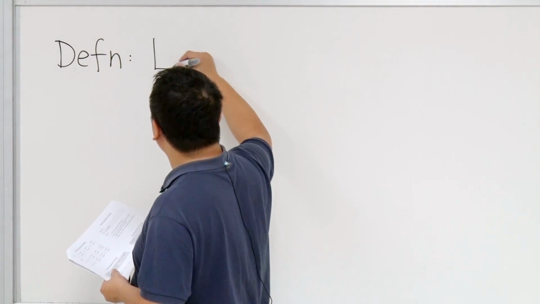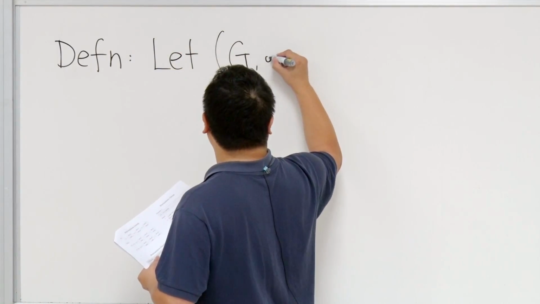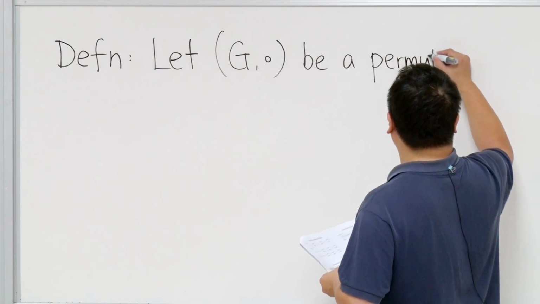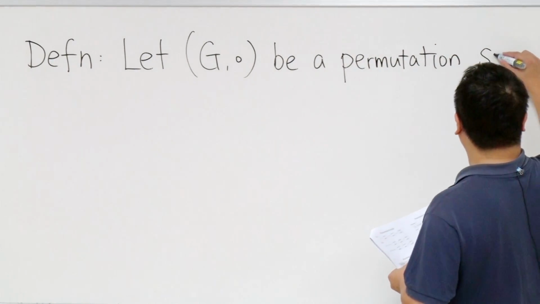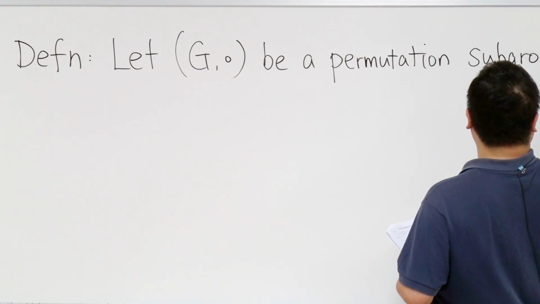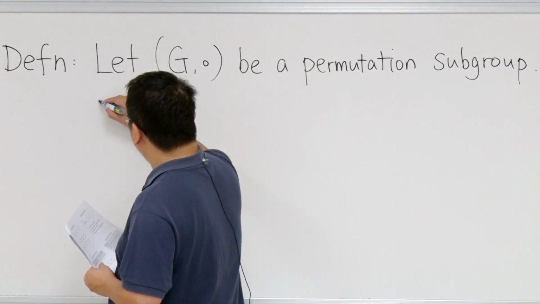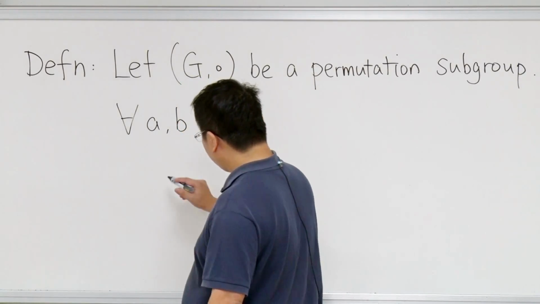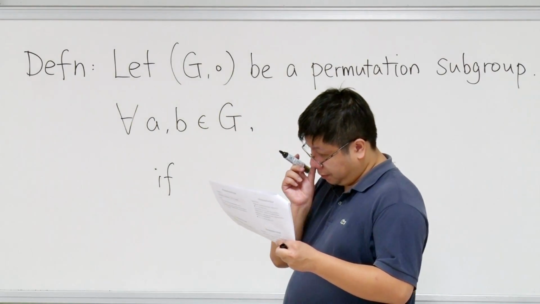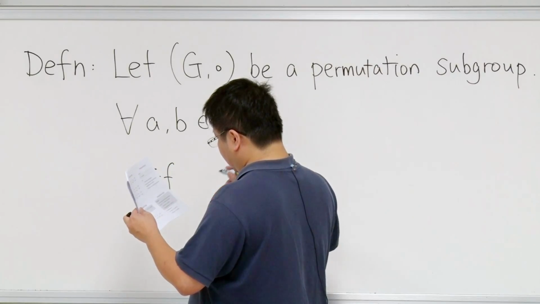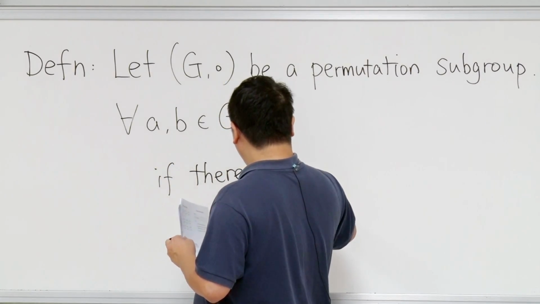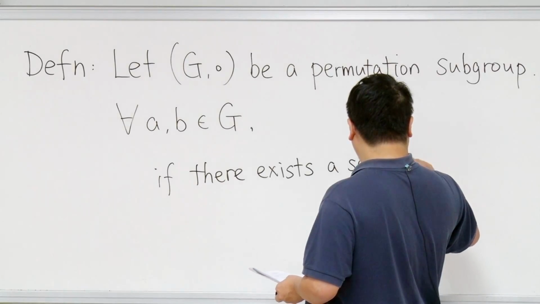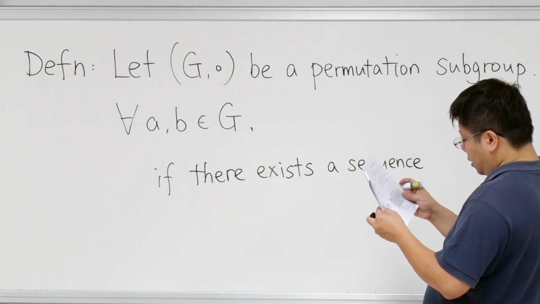Suppose that we have a certain permutation subgroup, let it be G. For every two elements A and B in this G, if there exists a sequence of